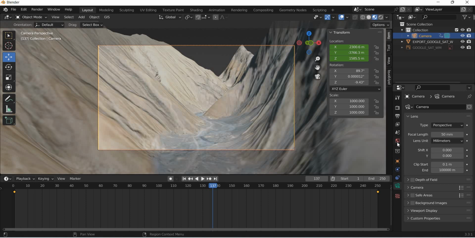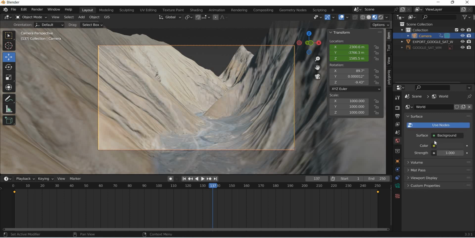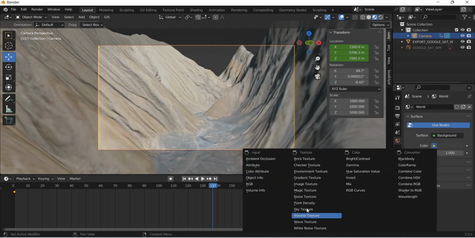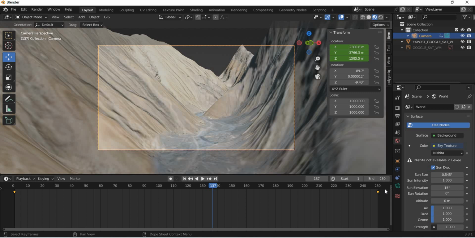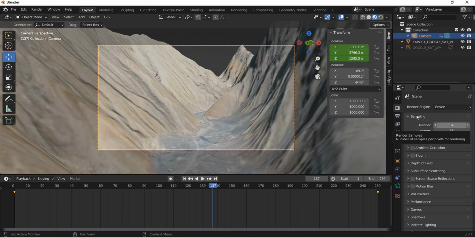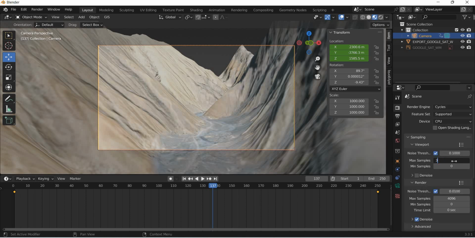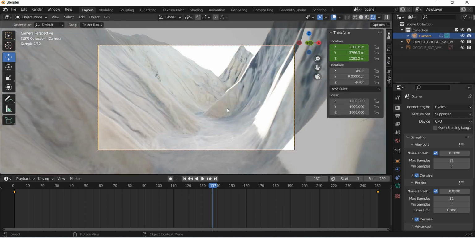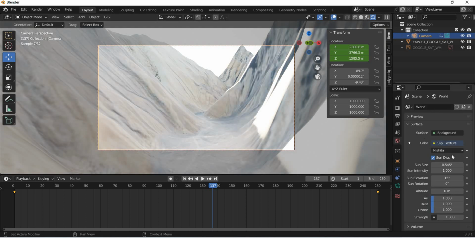Now let us do the lighting. So if I go to my world properties, go to color and use a sky texture, and then if you go to your render settings, we'll go to Cycles. I'll make this 32 and add denoise and make this 32 as well, to speed up my work. And then if you look at the rendering, you can see the look of your render,